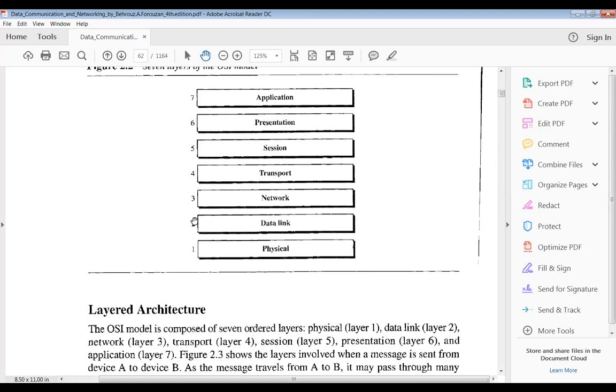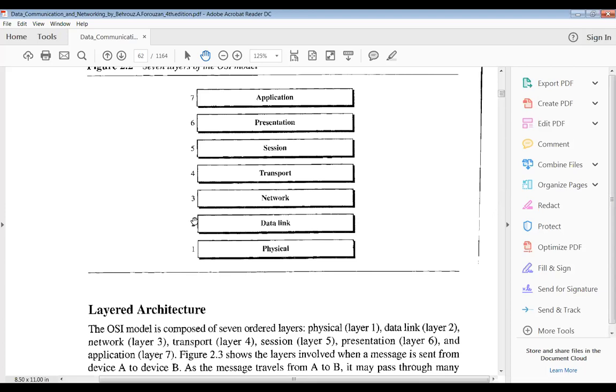Each and every layer has its own functionalities, its own applications, and its own tasks. They have to perform their own tasks, and finally that particular document or data has to be sent to the receiver node. That's how they divided in the initial stages. Actually, we had only 4 layers, in what is called the TCP/IP model.